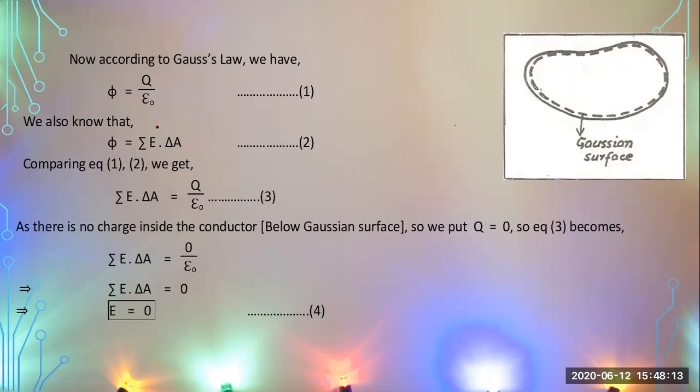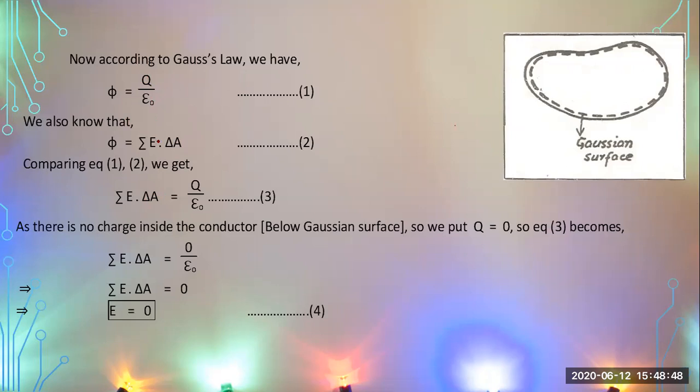Due to these charges, there will be an electric field produced, and this electric field will be passing through the area A outside. So this is the formula to calculate electric flux using electric field intensity and the area through which it is passing. When you compare these two, the basic statement of Gauss's law, that due to charge there is some electric flux, and then the dot product E dot dA, why are you comparing? Because this is the concept.